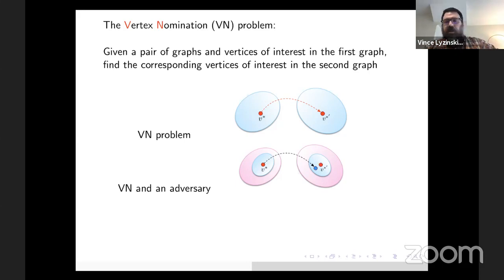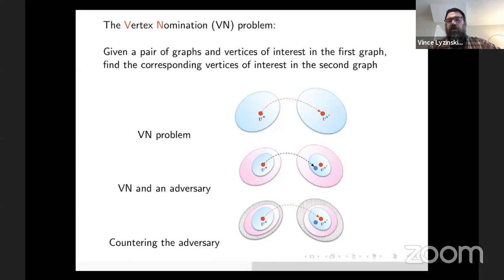And so in addition to having an idea of what adversarial noise is in this setting, we also wanted to think about how to regularize. And so we're going to present a graph analog of the trimmed mean estimator from robust statistics, where we trim anomalous pieces of the network. That's this shaded region here. And after the trimming, there's still some adversarial noise, but hopefully not as much, and our algorithm can then work again.